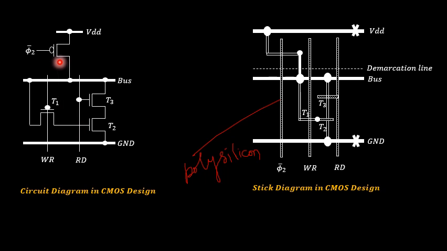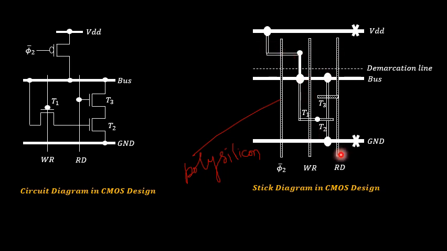So we want one transistor in the pull up and three transistors in the pull down. You have to check whether a polysilicon has crossed a diffusion layer one time in the pull-up part, and three times in the pull-down part. So this is a polysilicon layer and one crossing of a diffusion layer. So this is one transistor. If you see in the pull up, for these two polysilicons I have not crossed any of the diffusion layers. Unless there is a requirement for an N type transistor to be formed, never try to cross a polysilicon with a diffusion layer. So only one type of crossing is done over here.